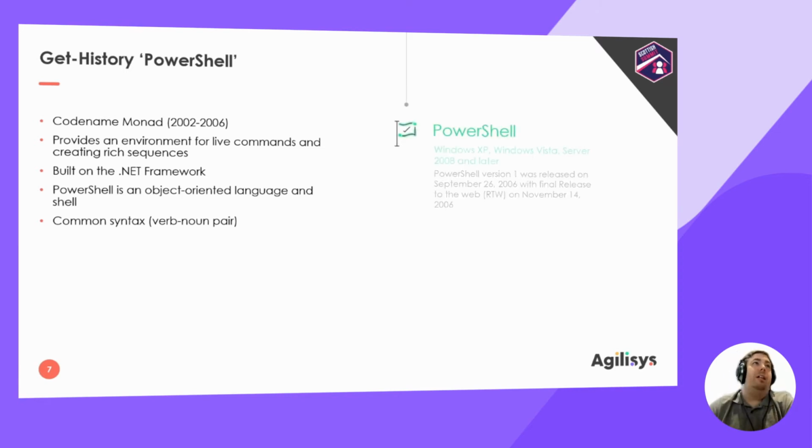So following on my little history line here, which I quite like, PowerShell was released in 2006. The important thing here, and it still blows my mind, is that it was actually released on XP. It was also released on Vista in 2008 and later. PowerShell has gone from basic version 1 to 5.1 today, which is what you see out there in the wild. Now, the key thing you'll see is that it's tied intrinsically to the Windows